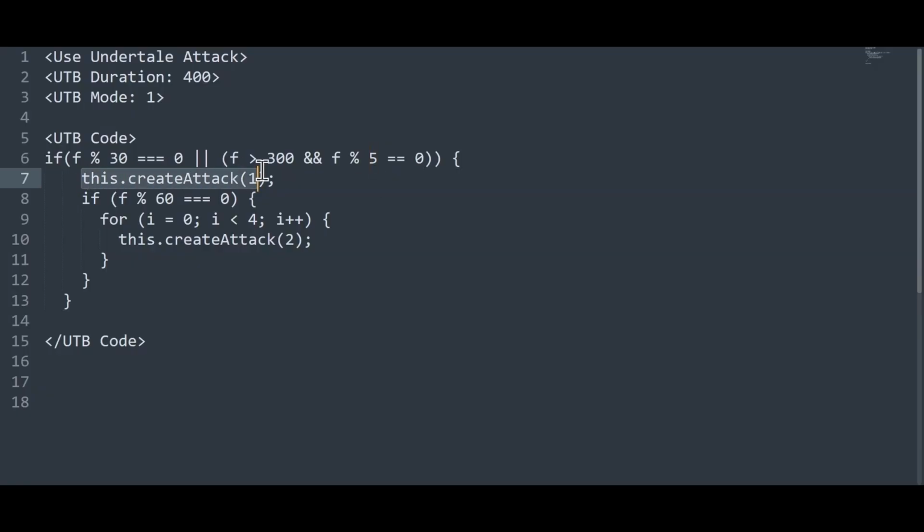And if those conditions are met, it will create the attack 1, so the projectile that's represented by attack 1 will be called. But there's another condition here. Every 60 frames, every 1 second, there's actually a for loop. And what a for loop does is that it allows you to run a code block multiple times. In this case, you can see i is less than 4, which means that this code block will run 4 times. And it will actually create the attack projectile of 2, attack 2, and it will essentially create attack 2